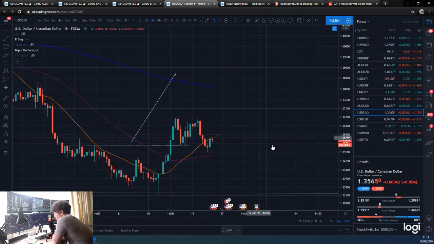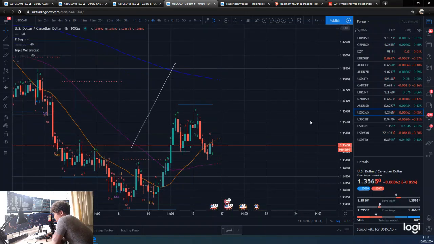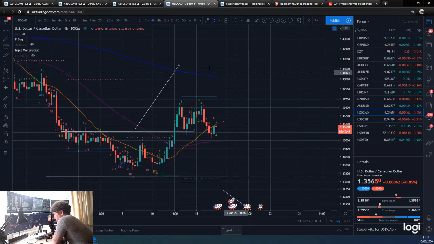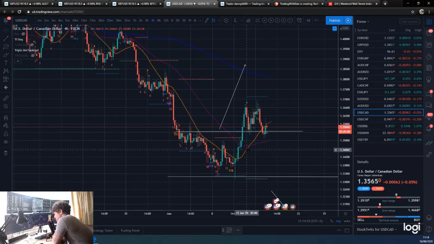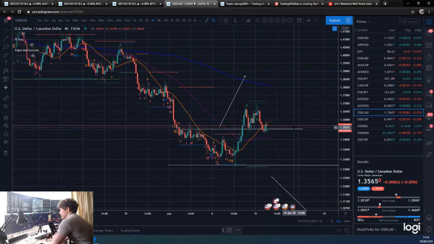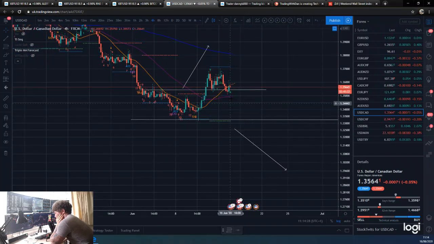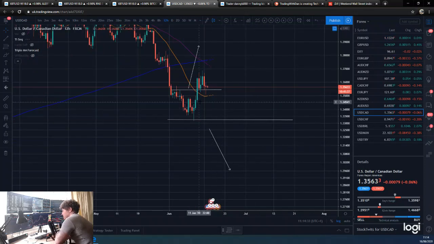US dollar, Canadian dollar, or the loonie as they call it. I mean, we'll extend this horizontal, this level. So we are sort of playing off this horizontal level at the moment. It's a case of, are we going to get supported and get back up, or are we going to just fall back into this channel and then play out a bit of a range? We're not necessarily going to fall in that channel and break below, but